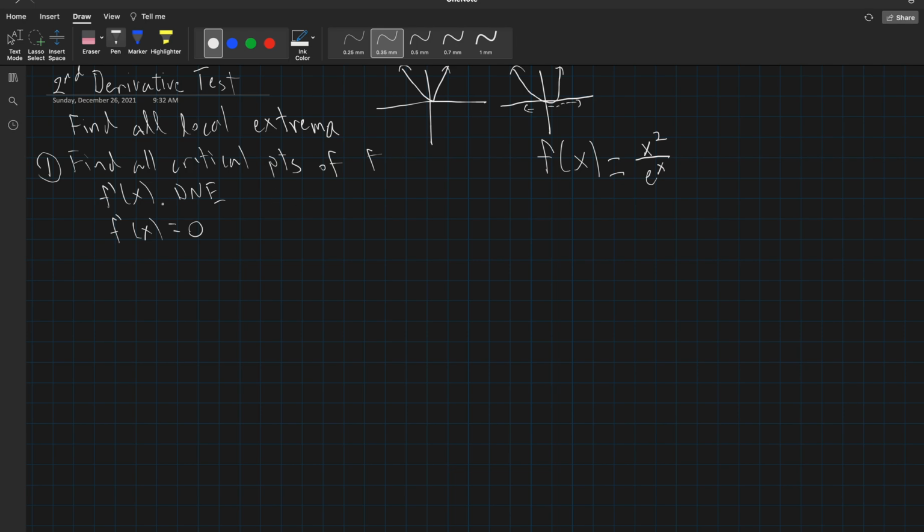So the first thing we should ask is, is there a place where our derivative does not exist? Looking at our function, our derivative should exist for x squared, because x squared is differentiable across this entire domain. And then when we look at e to the x, will e to the x ever give us a 0 in the denominator? The answer to that should be no, because e to the x,